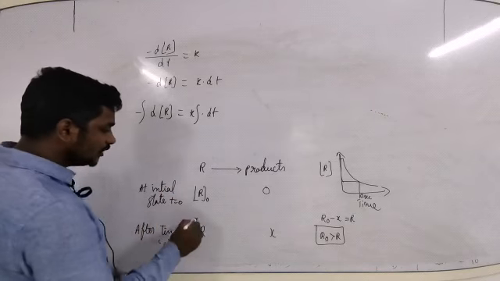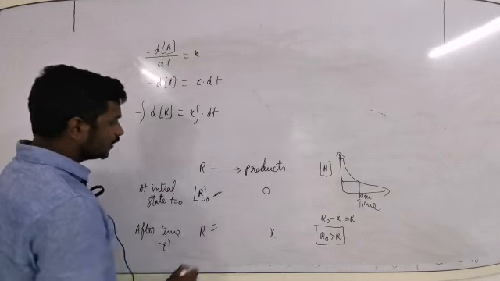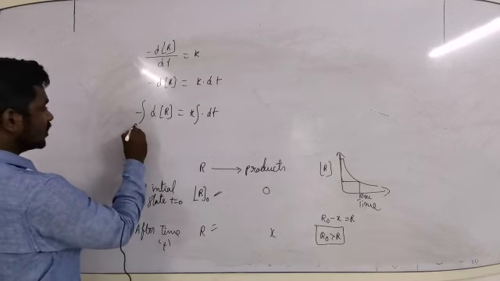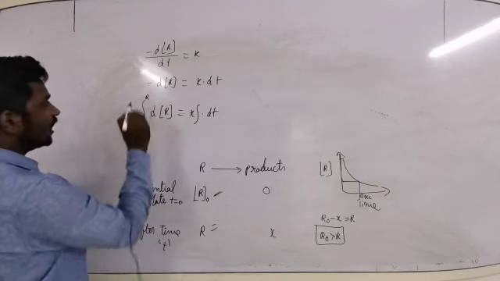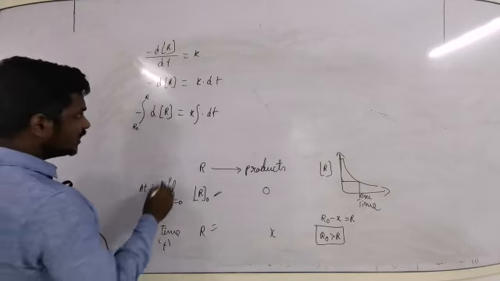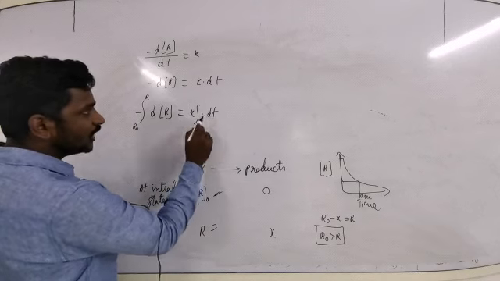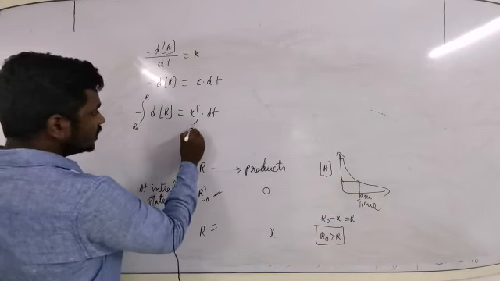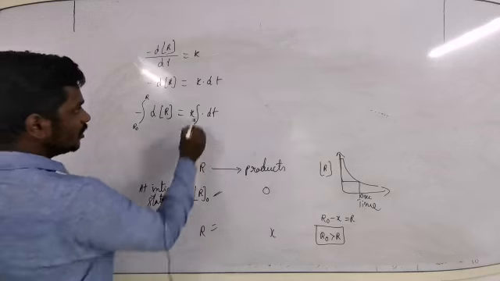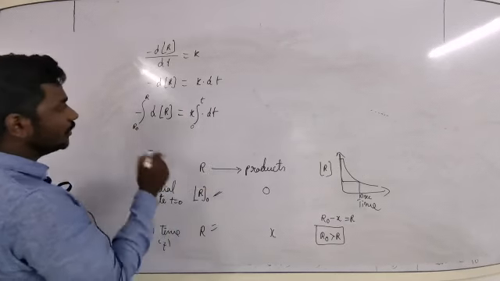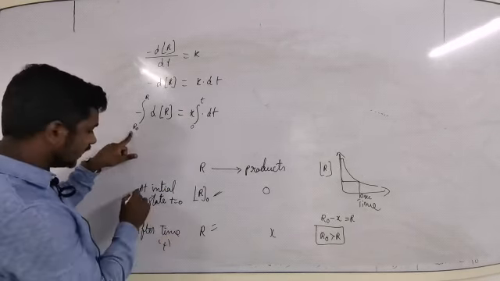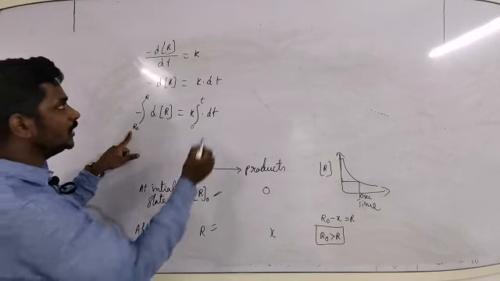Now I am going to take these two intervals. For this integration, I am going to take these two intervals: at initial state R0, at final state R. In the same way, at the initial state, you are applying integration for the time. Here t is not temperature, it is time. So, at the initial state, the time is 0 and after a certain time t, I am doing this calculation. So, these limits indicate the initial state and after a certain time t.